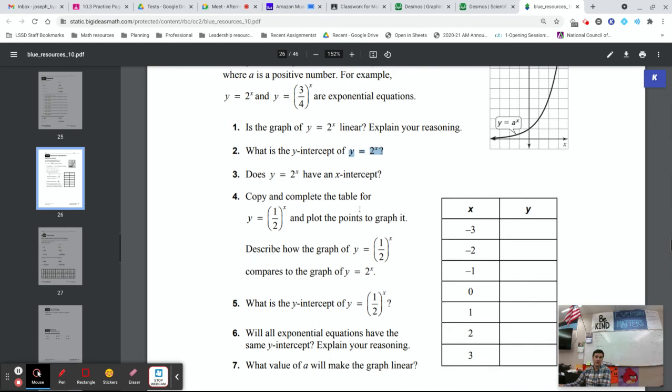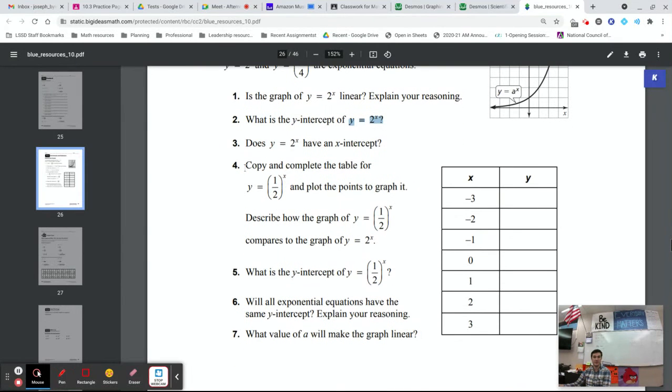And then the other thing that I was going to tell you about was to complete this table, you are going to plug in these different values for x. Okay, plug them in for x. So y = (1/2)^x. Well, let's pretend x is